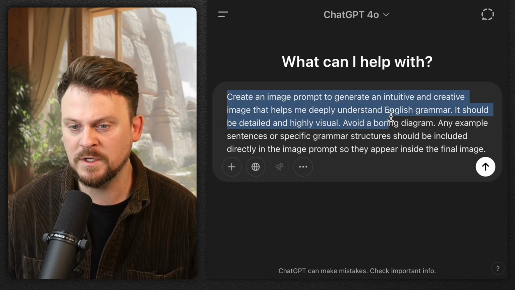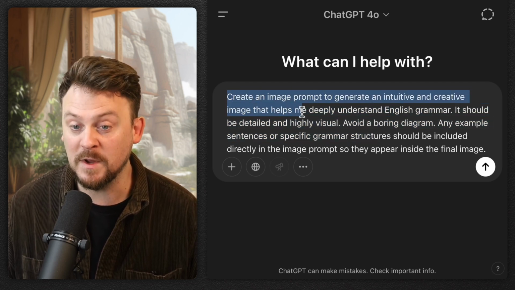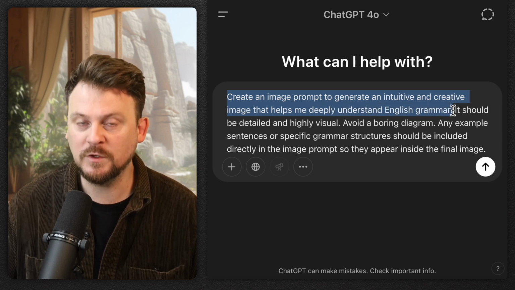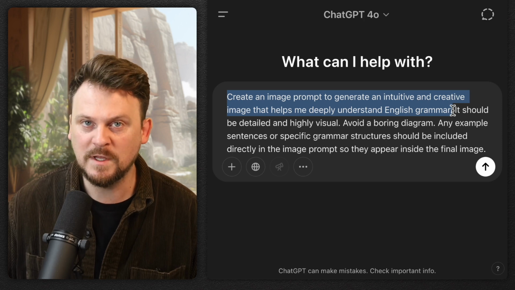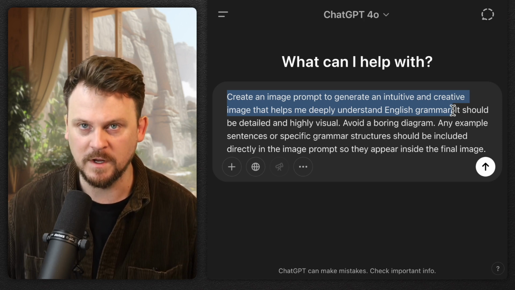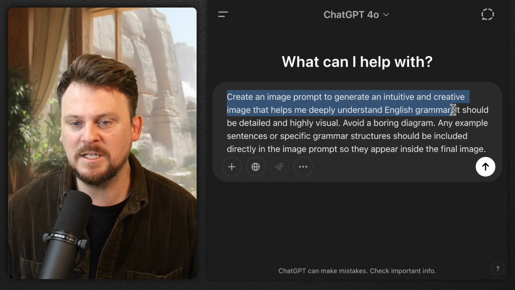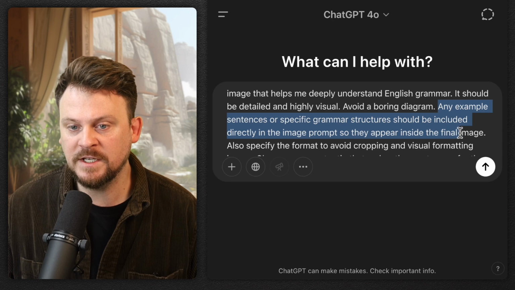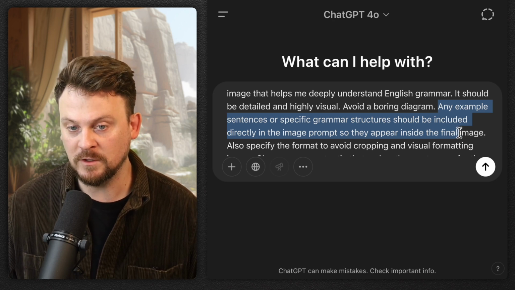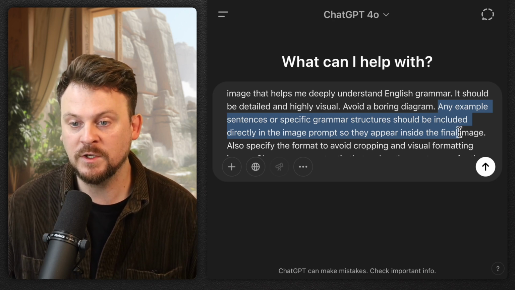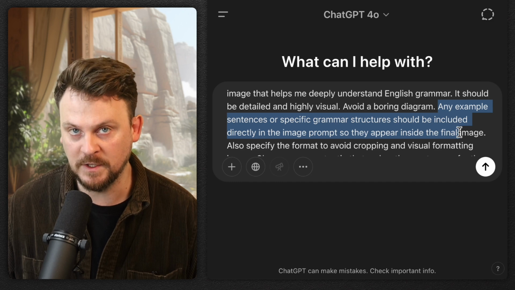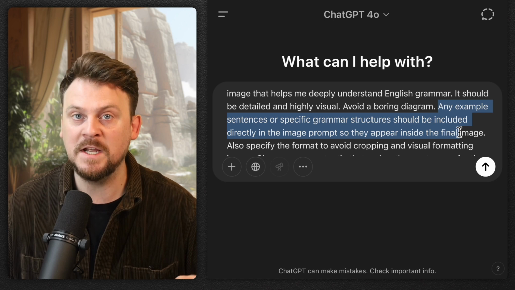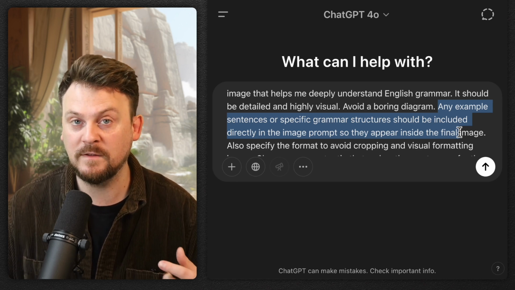Create an image prompt to generate an intuitive and creative image that helps me understand English grammar. Note, once again, I'm first creating the prompt, then I'll use that prompt to create the image. Very important. That's what we're doing here. It should be detailed and highly visual. Avoid a boring diagram. Any example sentences or specific grammar structures should be included directly in the image prompt so they appear inside the final image. Very important. We want all of the content, the text, to be in the prompt before we create the image,